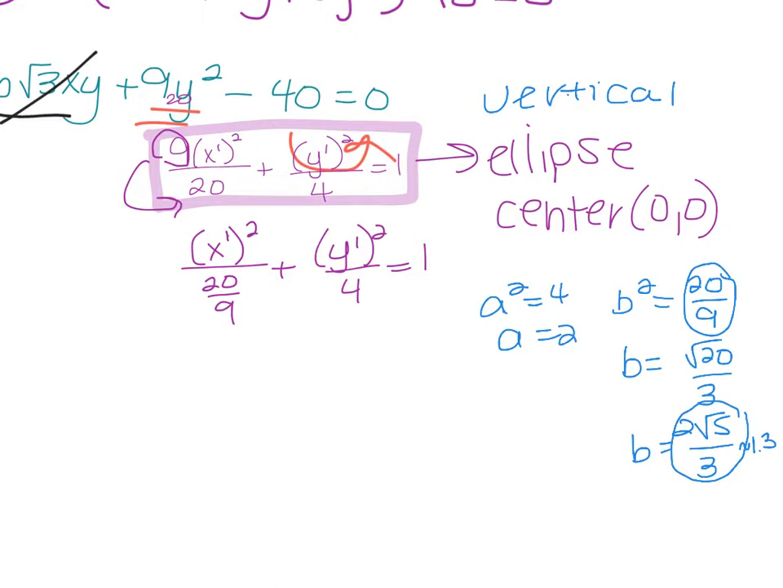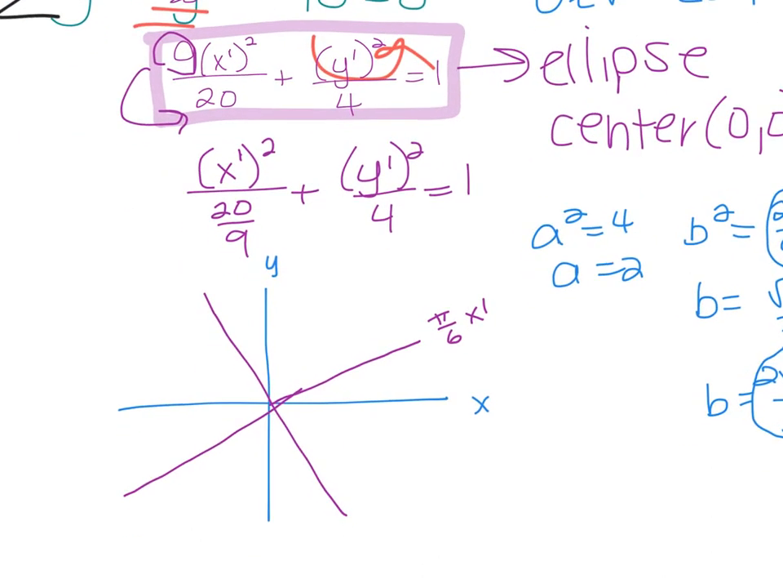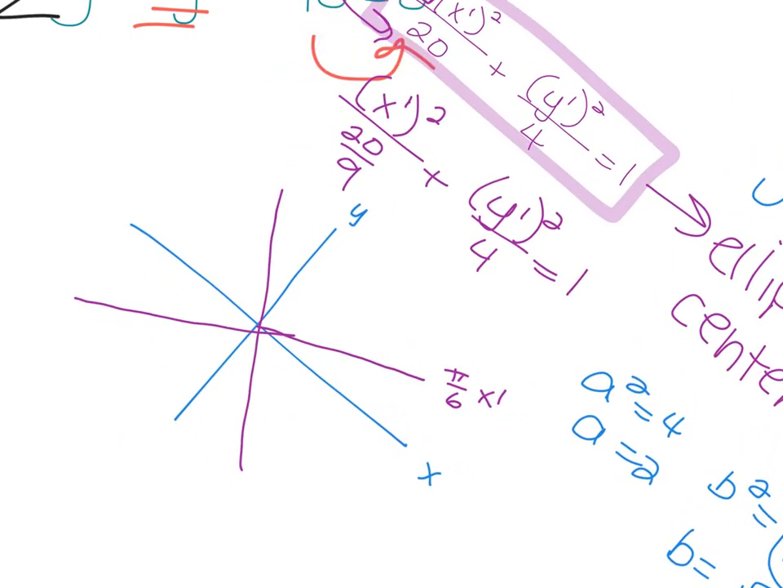So now I got to graph it. But not on my regular axis, on my rotated axis. So what is theta? Pi over 6, which means I have to rotate this up to pi over 6. This is now my x prime. So I extend it out, draw a line that's perpendicular, rotate it if you need to. So if I rotate this around,